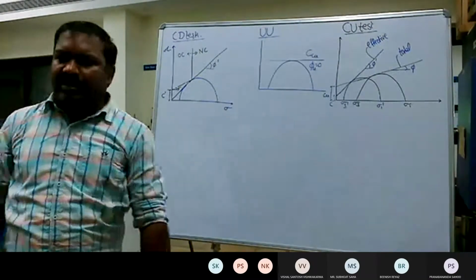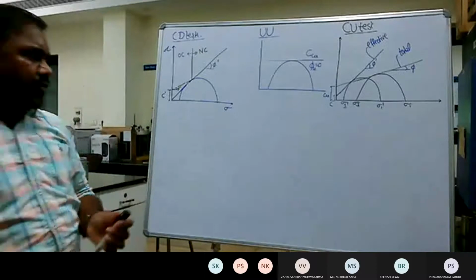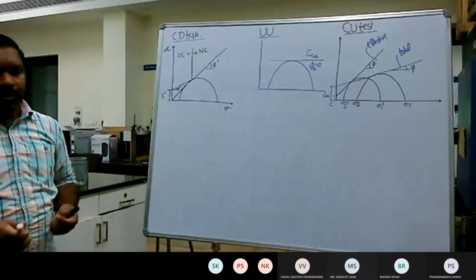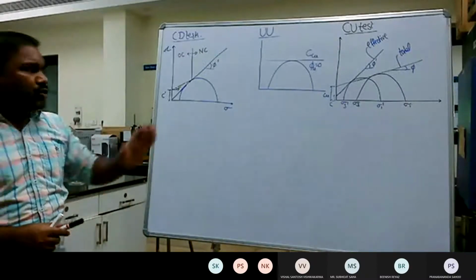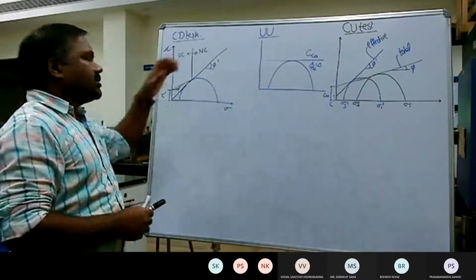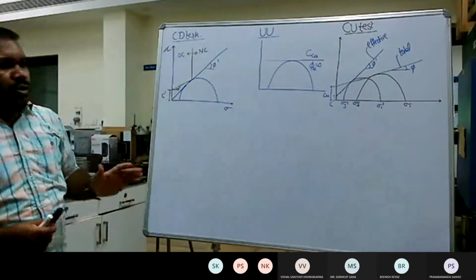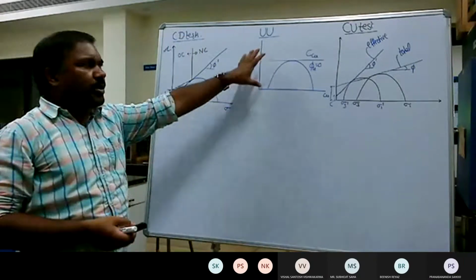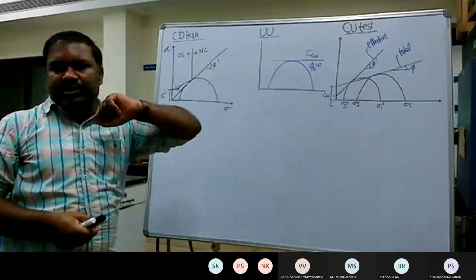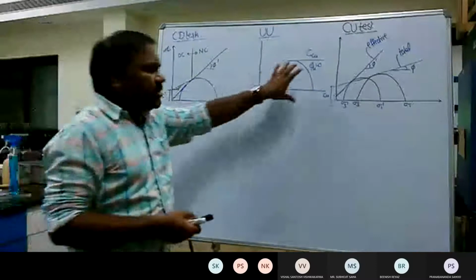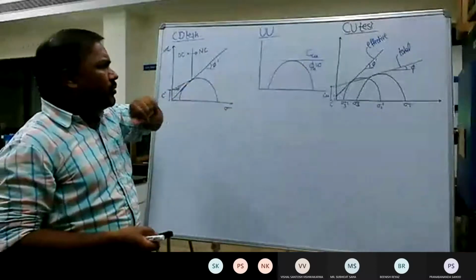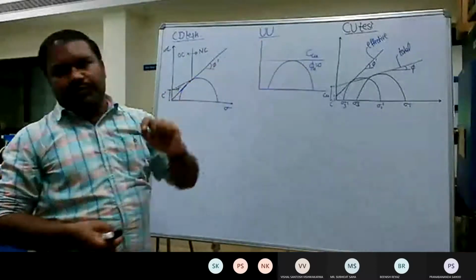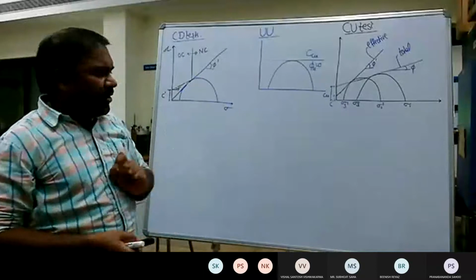So let us try to understand what will happen to the shear strength parameters when you conduct the UU test, the CU test, or the CD test. Let us go one by one. In fact, you can also superimpose the UCS test, so there is no problem. Since it is very simple, I am not superimposing. Now the very first one is UU, as we understood in the previous class.